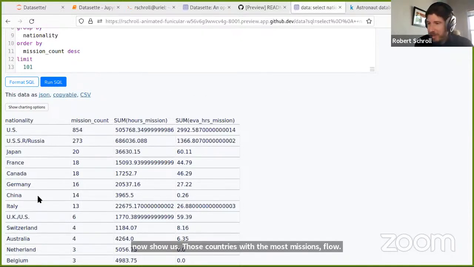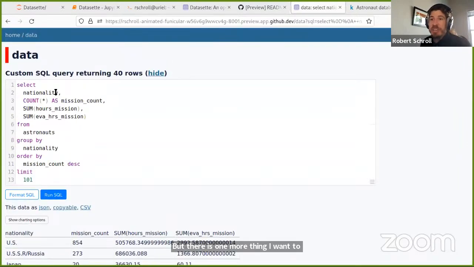And it's about time for me to wrap up, but there is one more thing I want to show you, just to reinforce that we have a general SQL interface here. And that is, I might be curious about which people have flown together. At this point, I have a bunch of information on the individuals, but who flew together? And specifically, I want to look for people that flew together with people from other nationalities.